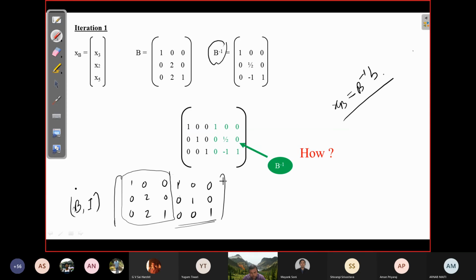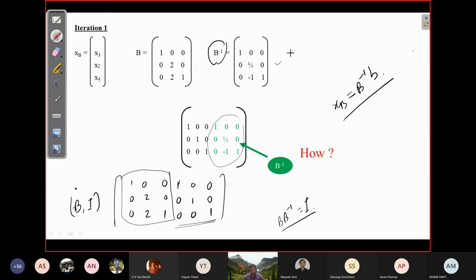And this you know from your linear algebra course, right? So I'm not explaining why this is happening. This is based on the fact that B inverse B is I, right? So anyway, by doing this, I got this inverse, which is written here. Because otherwise, calculating B inverse is actually difficult.